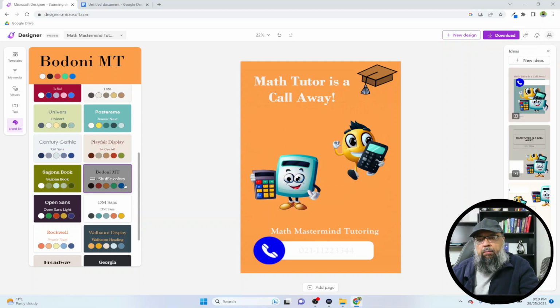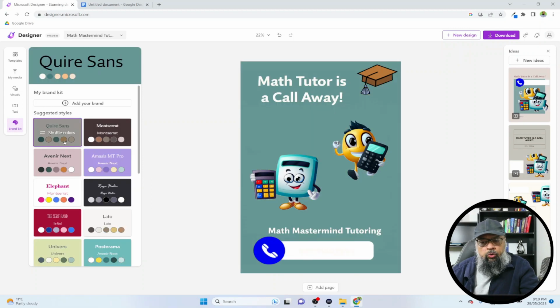Certain elements will be affected, not all. For example, the background, maybe the text colors. So let's select this one, and now my poster's look and feel will change. Now, if you want to create your own brand kit, you can do that by clicking on this plus icon,